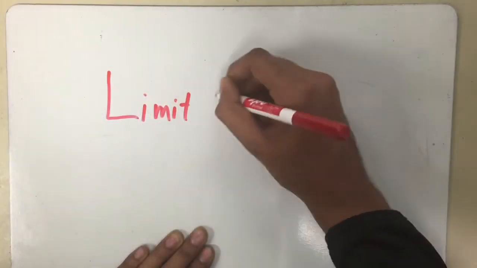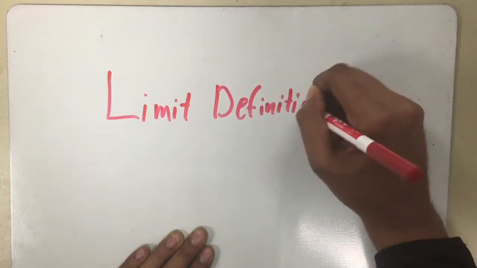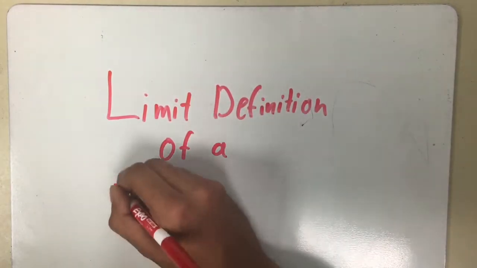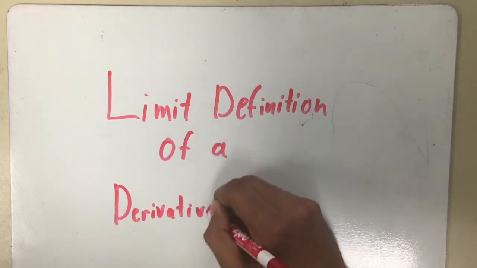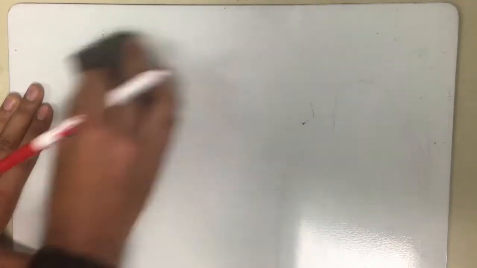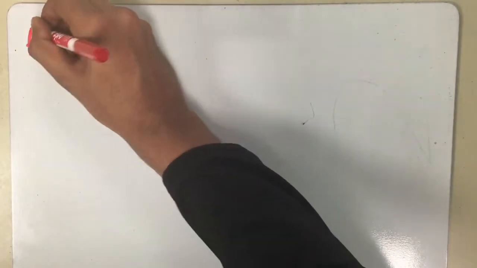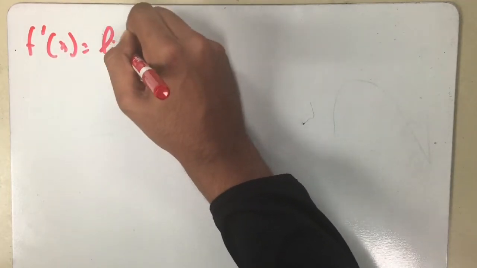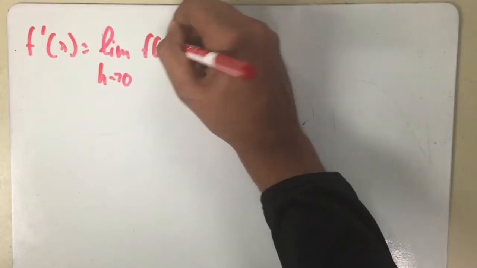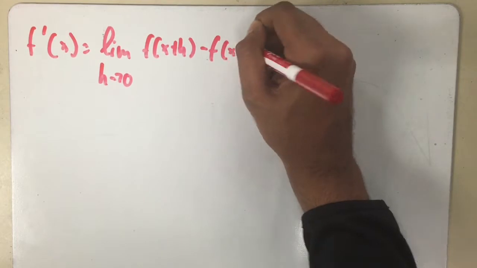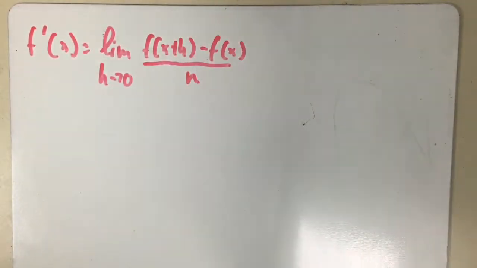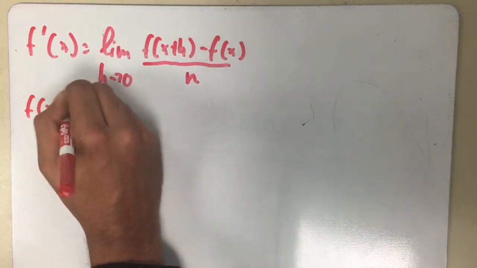Today we'll be learning about the limit definition of a derivative. This is one of the most important formulas in calculus, used over and over again, so be sure to memorize how to do it. This is the limit definition of a derivative. F prime of x equals limit as h approaches 0 of f of x plus h minus f of x all over h. Our example today is f of x equals 3x plus 5,